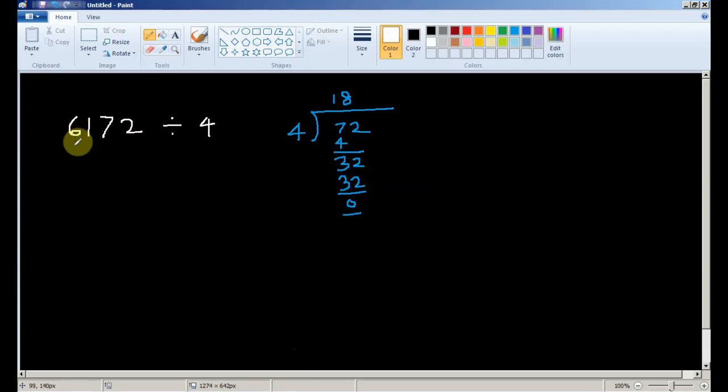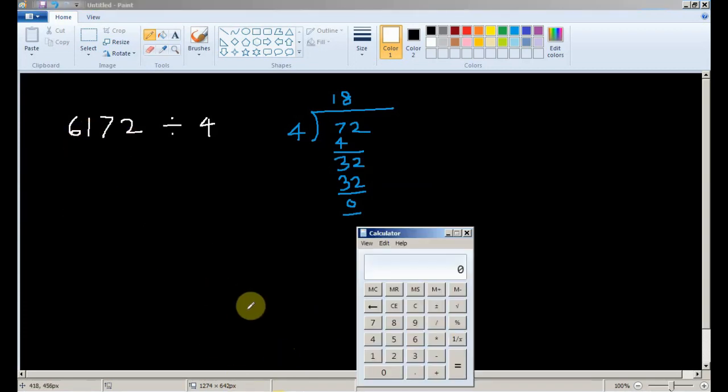So I assume that whatever other numbers I add, it doesn't matter, it's still going to be divisible by 4. Let's find out. 6172 divided by 4 is 1543.